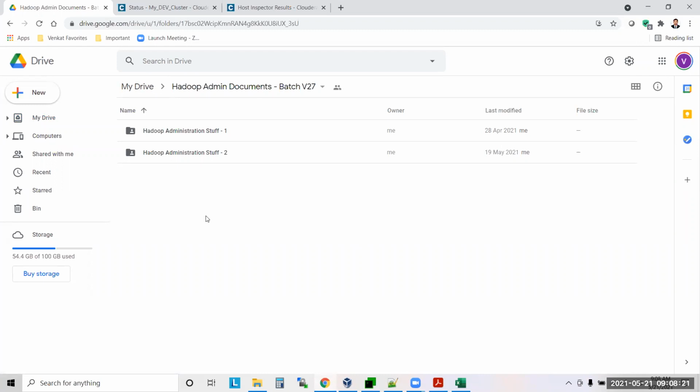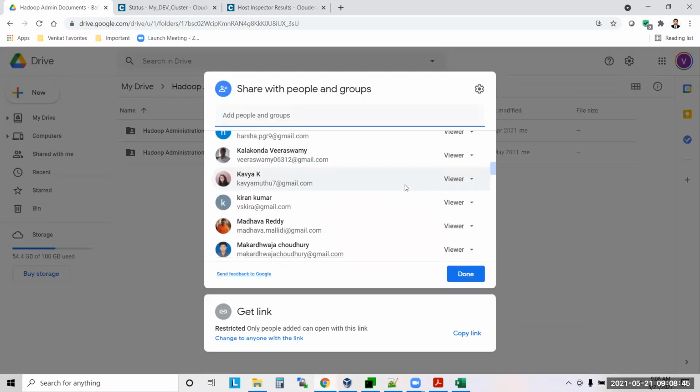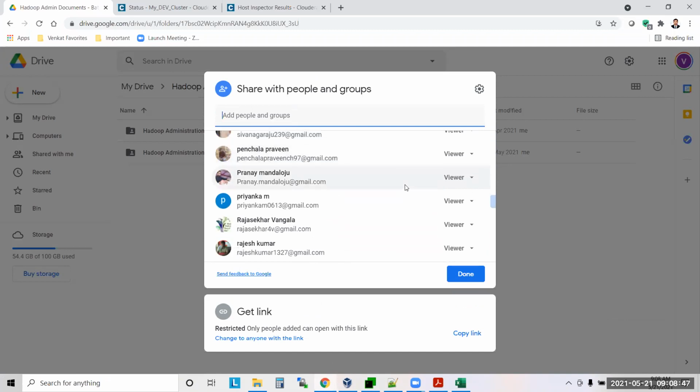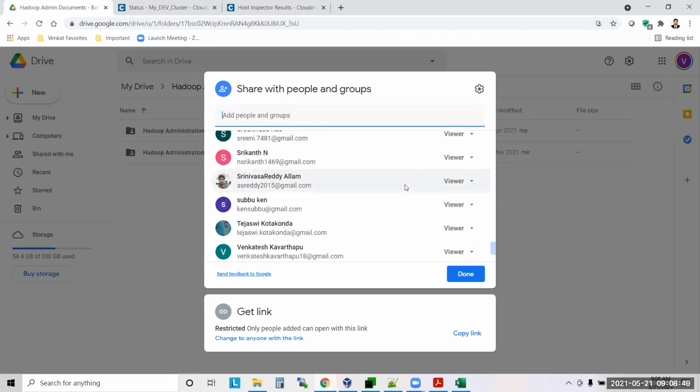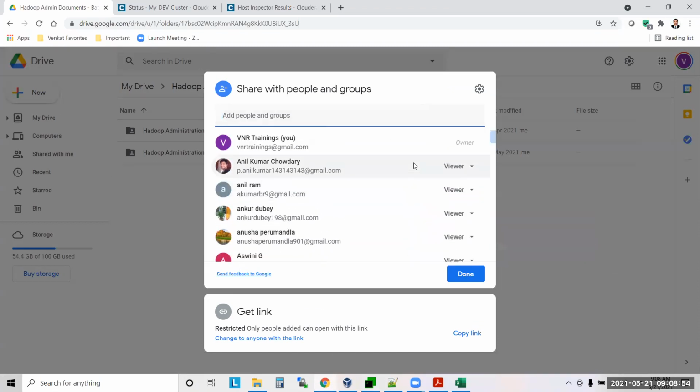Okay, guys, I've given you access. If anybody else also doesn't have access, please let me know. I'll add you. So now you can see the documents under batch V27. Got it? I'm not getting this software download option. Everybody's getting it, right? I'm available there, but I'm not getting the download. Are you using the office laptop again?